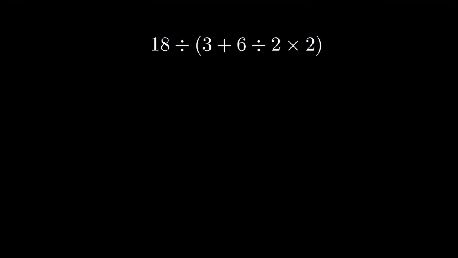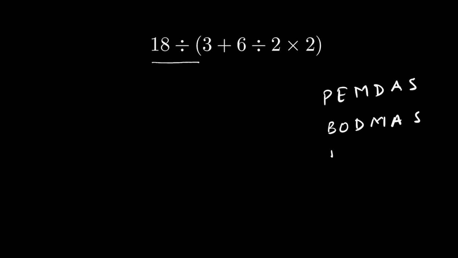18 divided by (3 plus 6 divided by 2 multiplied by 2). So let's solve this using order of operations, and we remember order of operations through PEMDAS or BODMAS or BIDMAS